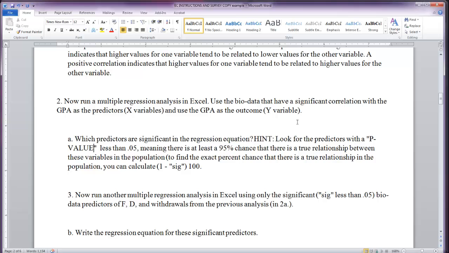P-value. All right. Less than 0.05, meaning if there's less than a 5% chance that the relationship is due to error, then that means there's at least a 95% chance that there's a true relationship between those variables in the population. And I also tell you here, to find the exact percent chance there's a true relationship, you can take 1 minus p-value,